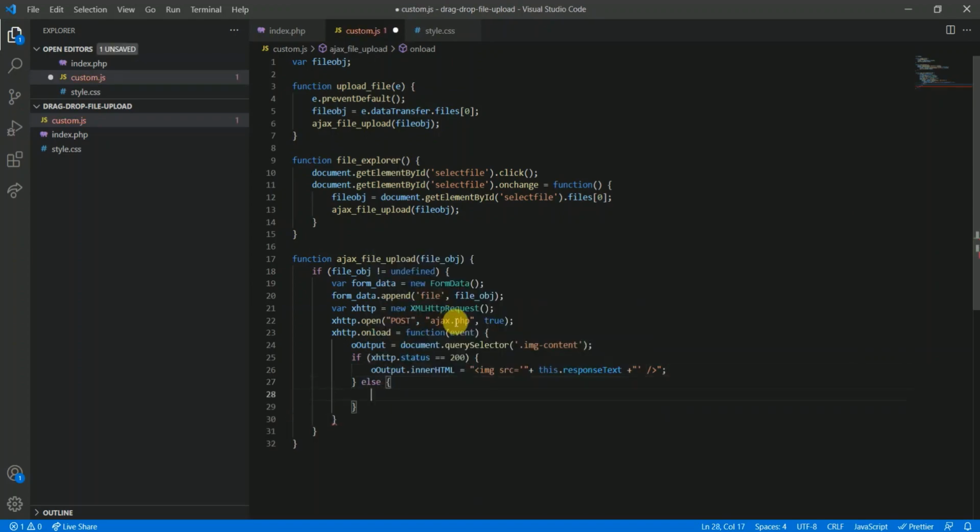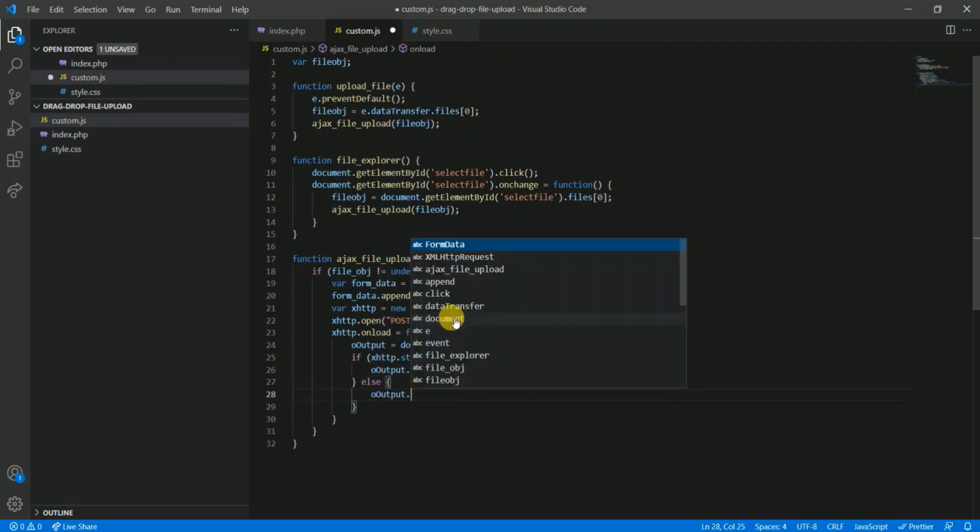Else there must be some error, so let's print it out.